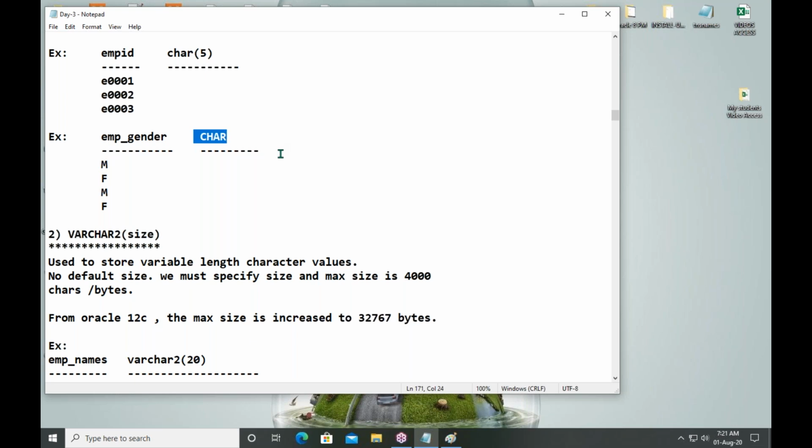Why? Because male is only 4 characters and female is 6 characters, different values with a different length. In that case, it is better to use varchar2.